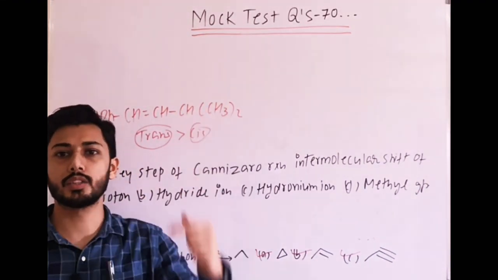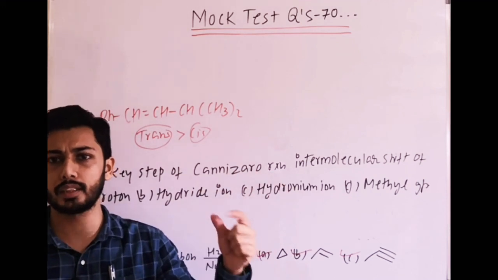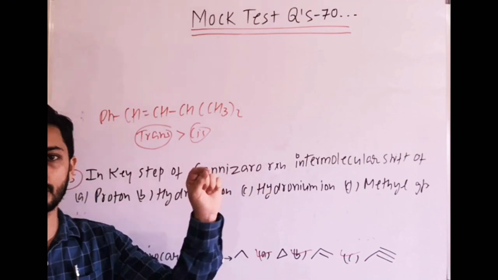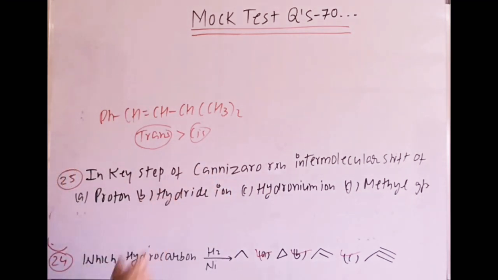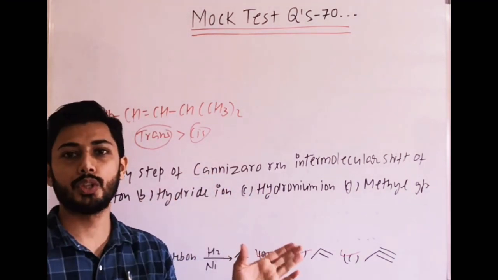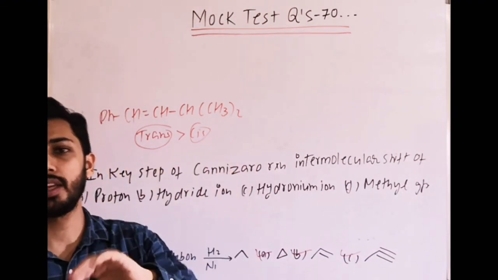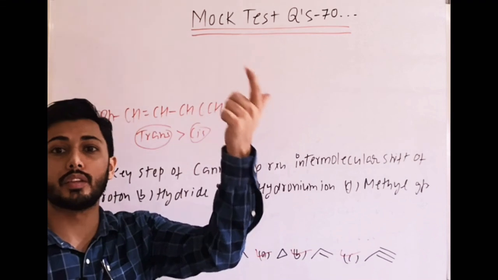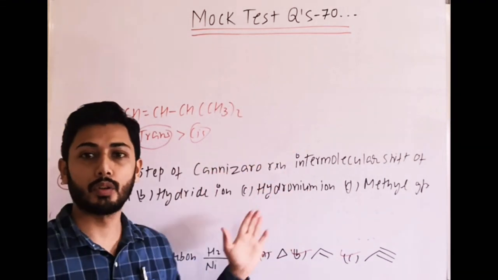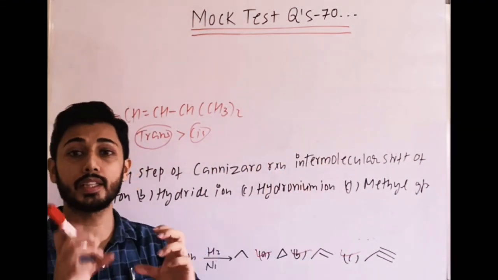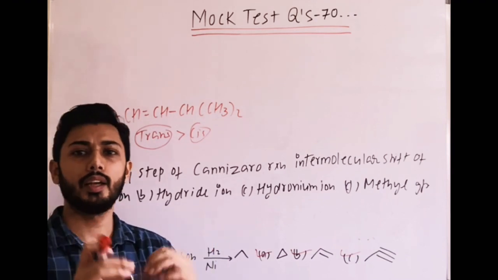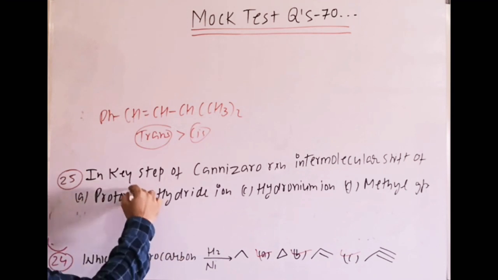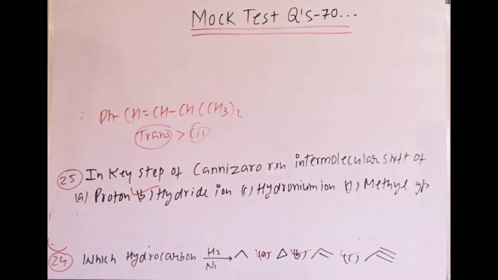In the mock test discussion, I think from 10 to 20, in that test range, I have mentioned the mechanism of Cannizzaro in the description. So if you remember that one, it is simply a hydride ion shift. This H minus adds on another molecule, which undergoes reduction, and the one it leaves undergoes oxidation. That is the reason it is a redox reaction, and one molecule forms carboxylate ion, the other forms alcohol. So it is a direct mechanism-based question: hydride ion shift takes place.